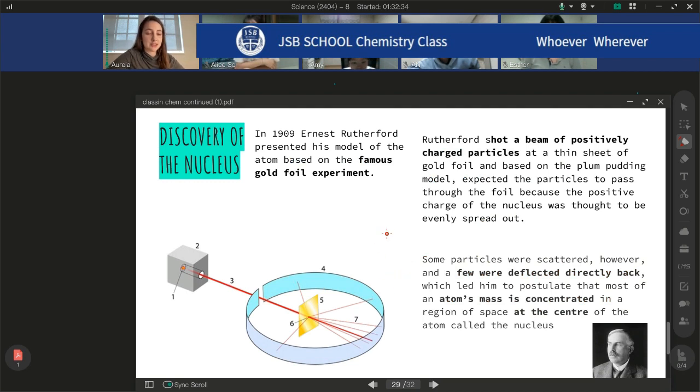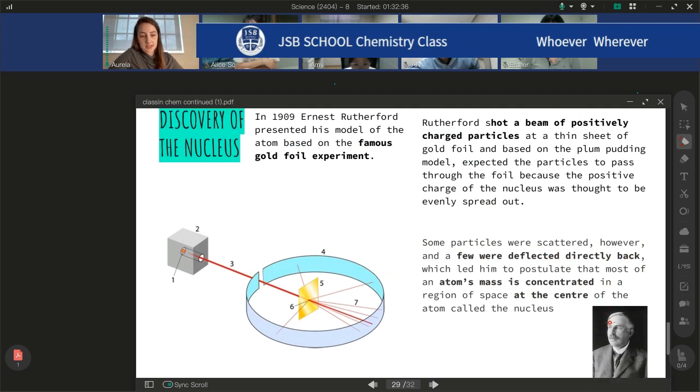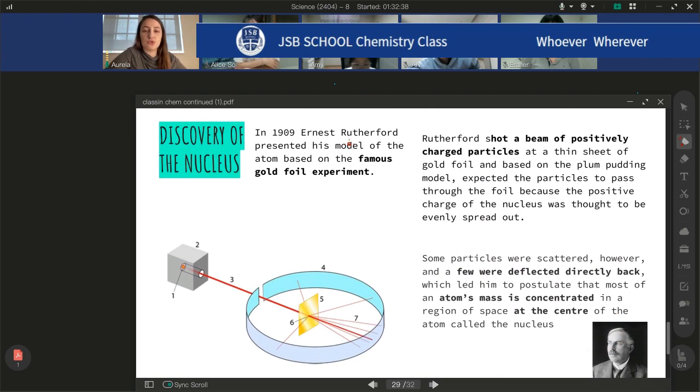And then we had this model, but this looks like a lot of text, but it's okay, it's easy. So we have another scientist's face. In this case, this is Rutherford. And this is 1909. And basically, he did a very famous experiment. This is gold, okay? So a very thin piece, like a paper